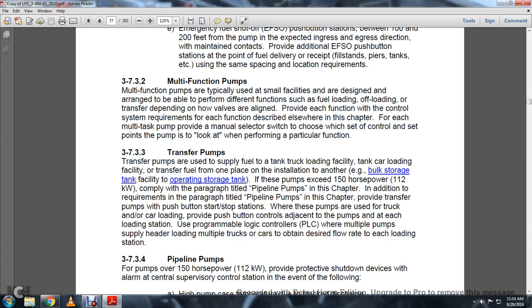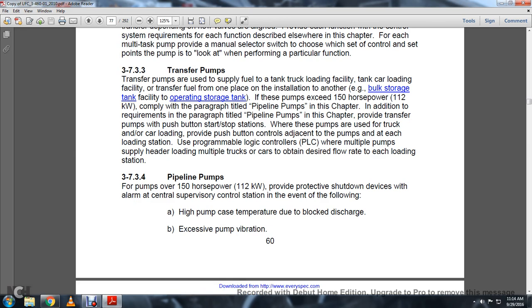Programmable logic controllers for the multiple pumps supply heater with the loading of multiple tankers to obtain the desired flow from each of the loading stations. 3734 Pipeline. For pipelines over 150 horsepower, provide a protection shutdown device with alarm at the central supervisor control station